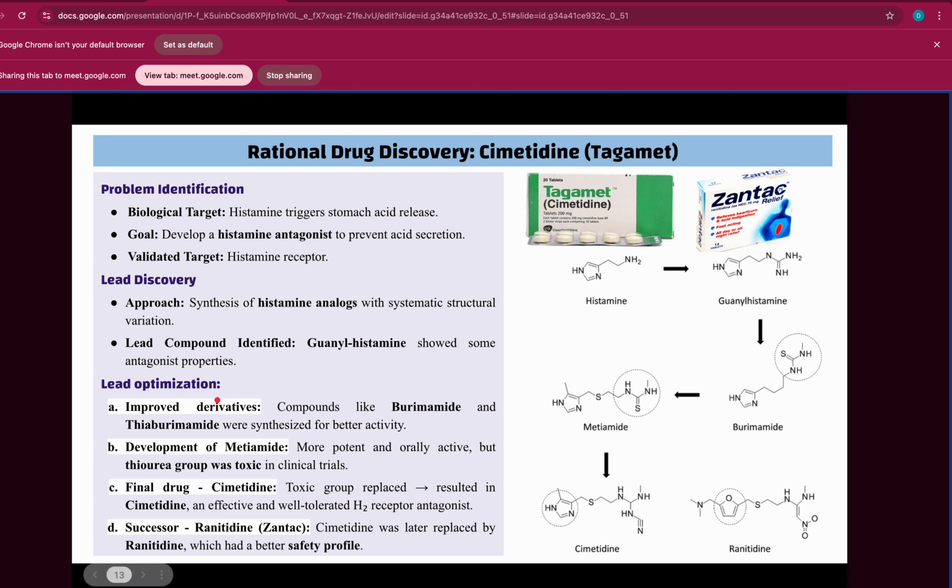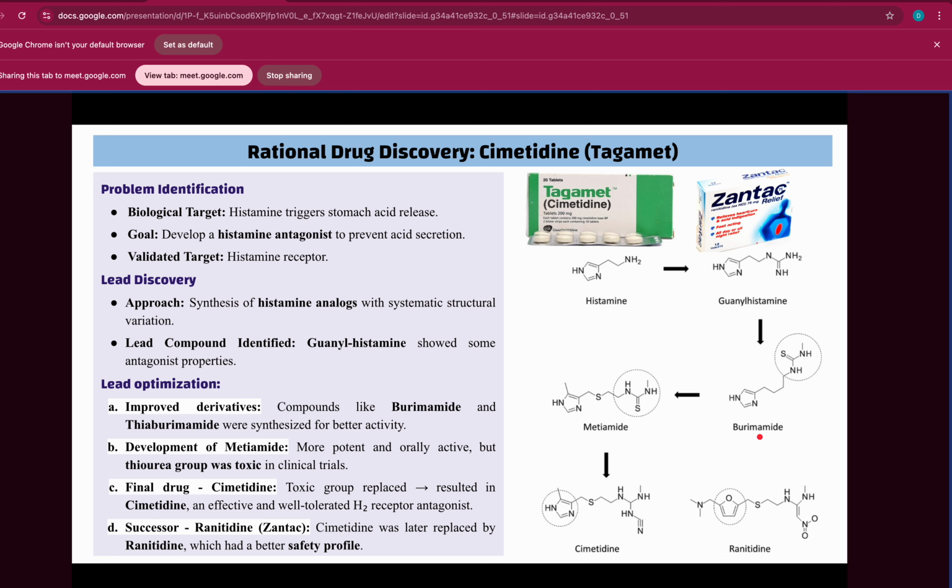So now this is the step of lead discovery, in which the lead compound is identified. Now it is optimized further. So for optimization, its derivatives are improved. So from guanyl histamine certain modifications are done. Then